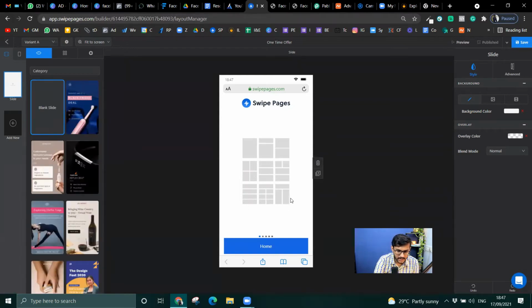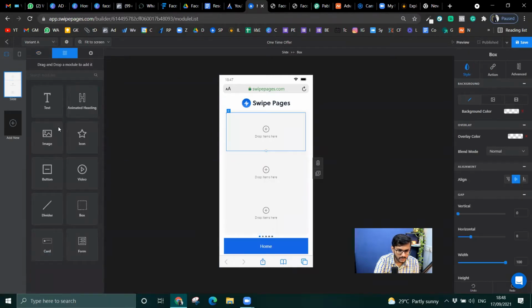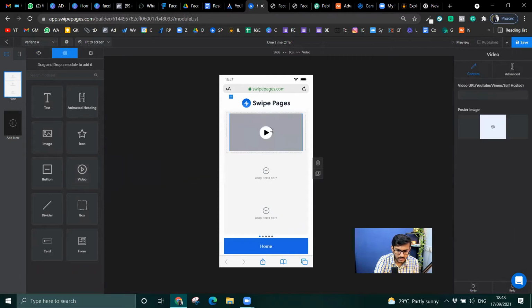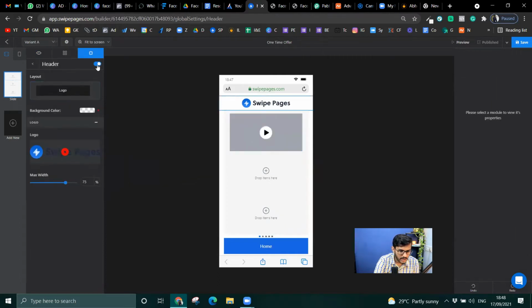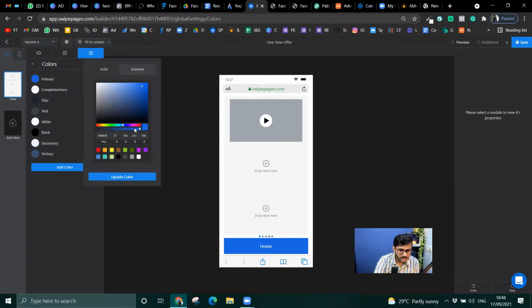So I'll just make it like, how do I make it? Okay. I just add 3 blocks to this. First block will have a video. This will have nothing, no navigation as well. Where is navigation? Good that navigation is off. Colors.